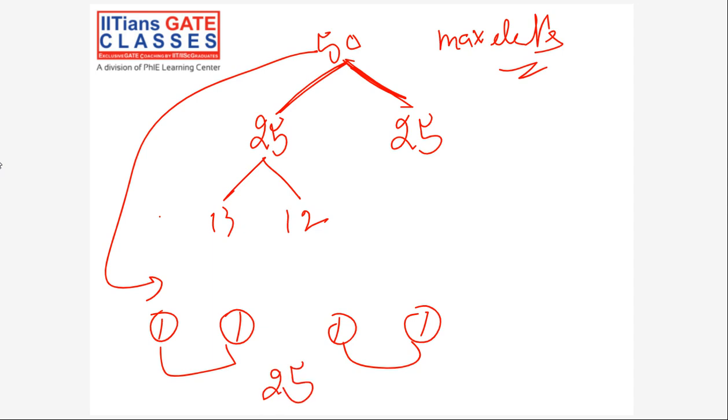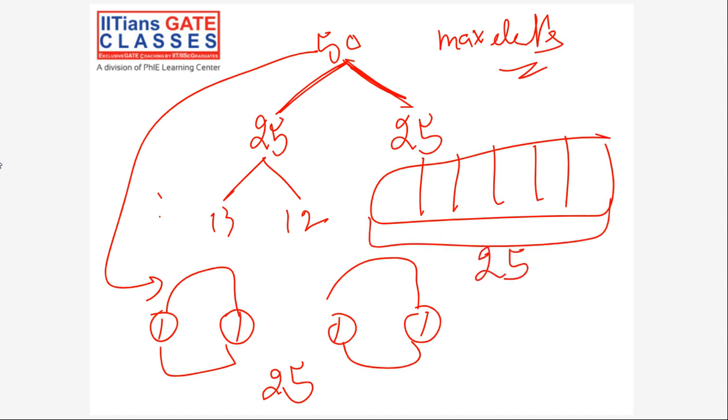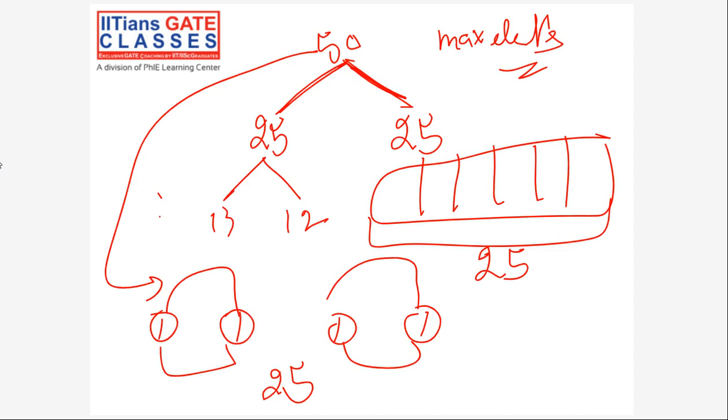Is this clear to everyone? Yes. So out of those 25 pairs, I just compare once, right? And I will have another array in which I'll store those maximum elements. Those 25 elements will be here. So how many comparisons more did I do for maximum? For maximum I did 25 more. Similarly for minimum I'll do 25 more. Correct? Now these 25 elements are there, and out of these 25 elements, one is the maximum.